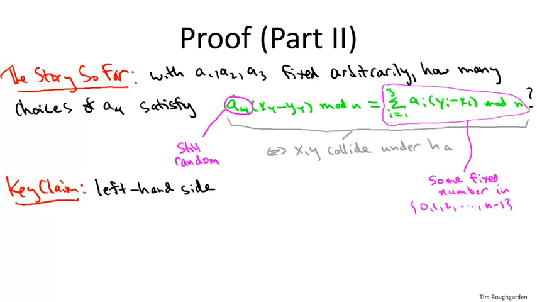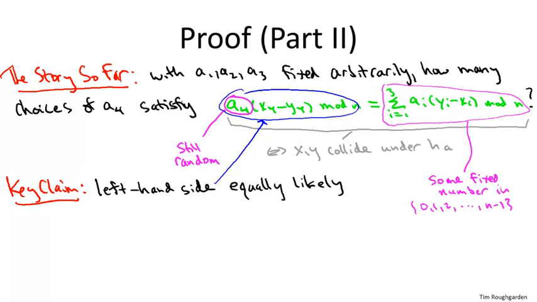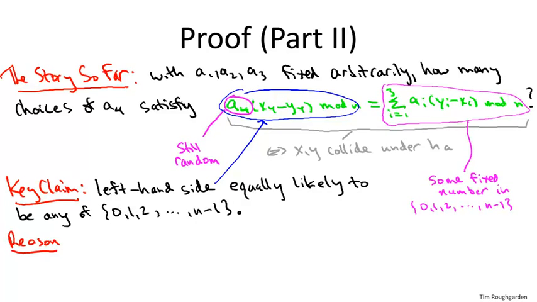Now here's the key claim, which is that the left-hand side of this green equation is equally likely to be any number between 0 and n minus 1. And I'll tell you the reasons why this key claim is true, although this is the point where we need a little bit of number theory, so I'll be kind of hand-wavy about it. So there's three things we have going for us. The first is that x4 and y4 are different. Remember, our assumption at the beginning of the proof was that the IP addresses differ somewhere, so why not just